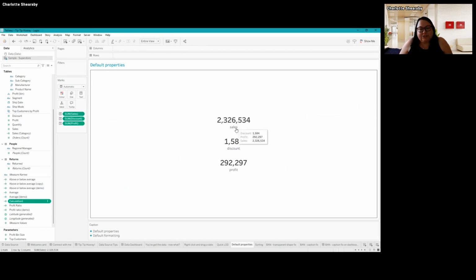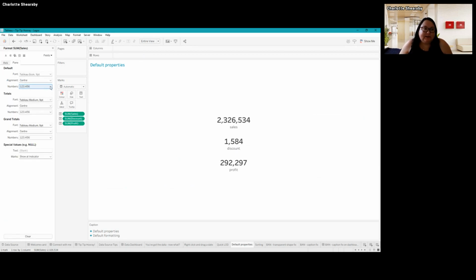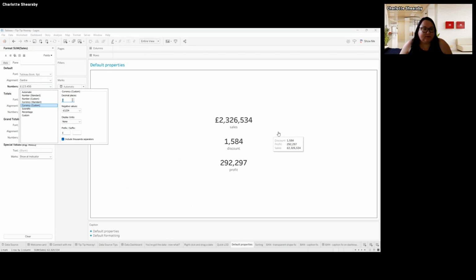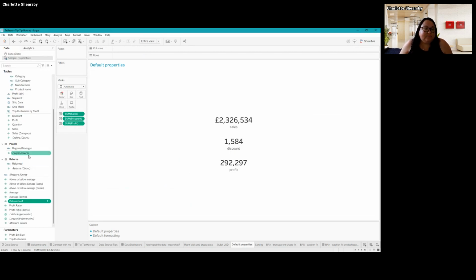What I'm going to do now is show you a really quick way to format these. These should all be currencies, so these are all monetary values. I want to make sure that they are all formatted as such. Now, what I can do is go into each of my pills here, format, go to currency, and take the pennies off. I can do that for all 3, or I could come to my data pane and find my fields.